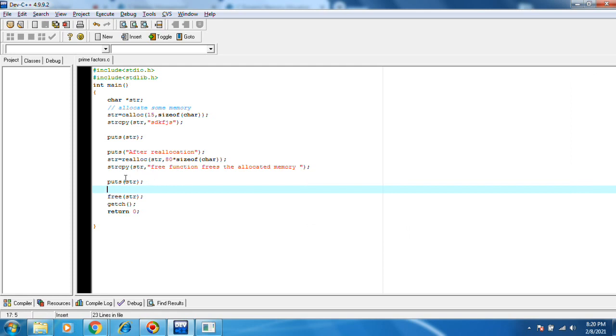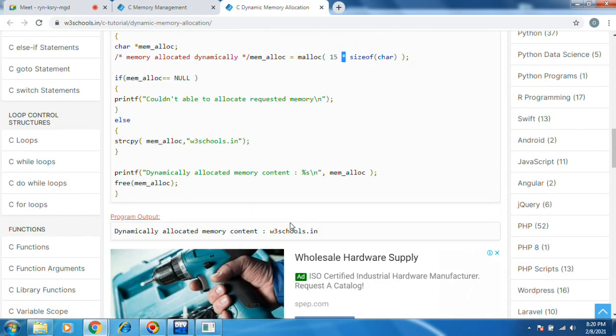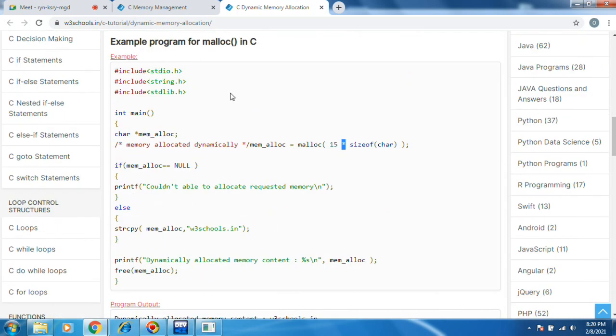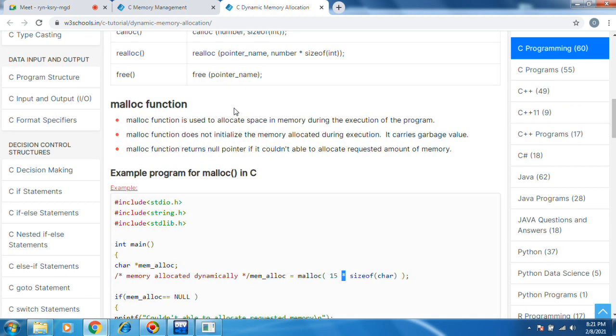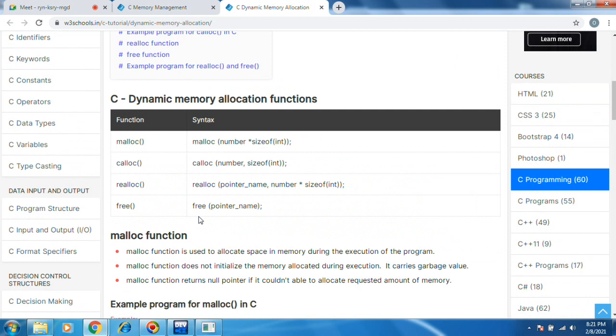This is how memory management works in C. Tomorrow we'll see more examples in our next session. We'll see more examples of arrays, pointers, structures, and how we can insert, delete, all kinds of things. How to give memory allocation to a structure, how to give memory allocation to an array. Right now we have seen only strings. For integers, how to give memory allocation. All those things next session we'll discuss in depth.